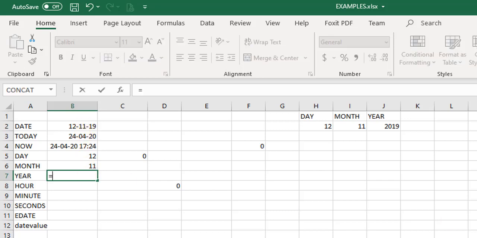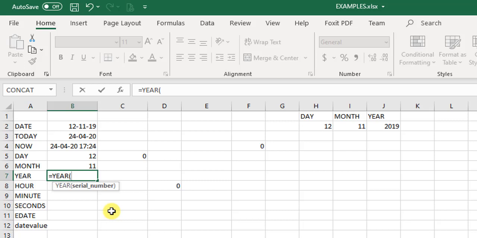Similarly the year is equal to year, and we open the bracket. And one thing I wanted to tell you: once you open the function, the argument inside is not a date, it is a serial number. Why like that? It is because internally Excel stores all dates as serial numbers.